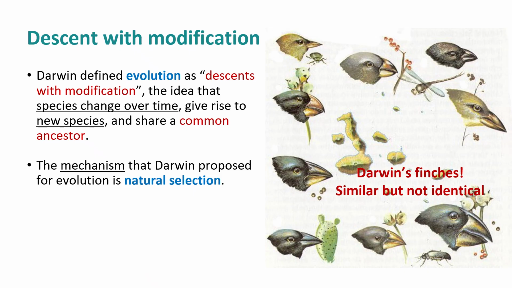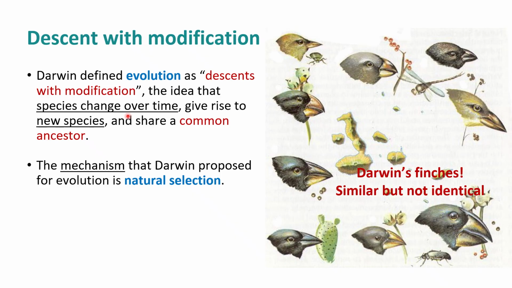So here's an example of what Darwin found. On the Galapagos Islands, he found many different finches that were never seen on the main continent. These finches looked very similar at first glance, but when you observe them a bit more carefully, they varied in their body sizes as well as their beak shapes. And when he analyzed it further, Darwin realized that the beak shapes happened to match the type of food that these different finches ate. So he concluded that these finches are the descendants of a common ancestor, probably a finch from the mainland.